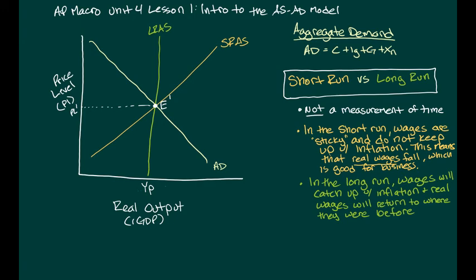You'll notice in the long run, there is no relationship between changes in the aggregate price level and changes in real output. The reason for this being that if prices go up by 5%, but wages go up by 5%, it's basically the same to the producer. So you never get that increase in production that comes from lower real wages the way that you do in the short-run aggregate supply curve. So long-run aggregate supply is basically potential productivity in the economy. If wages were perfectly flexible and they always kept up with inflation, this is going to tell you what the level of productivity is going to be, and there is no increase in productivity that coincides with higher price levels